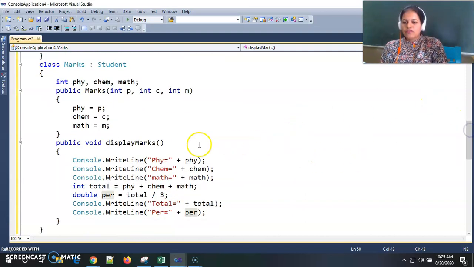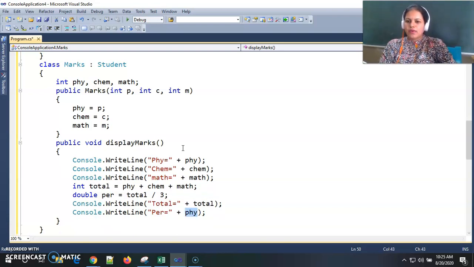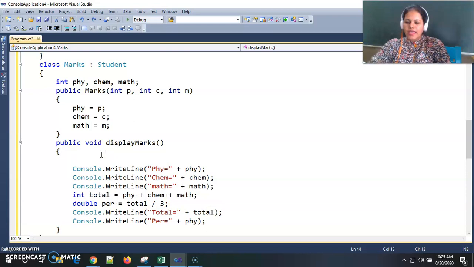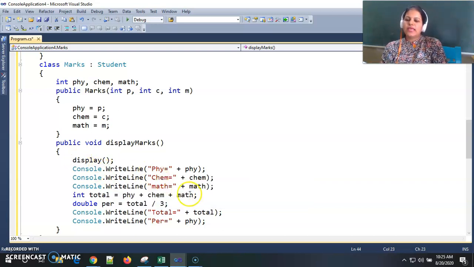So if I want to display the roll number and name of the student, then I can use the display function of the student class here. Before displaying the marks, I am displaying his or her roll number and name, and then I am displaying the marks and total and percentage.